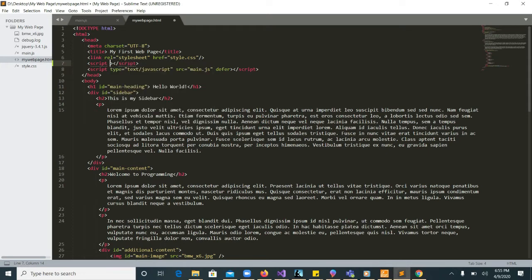So I'll just add the source, which is, since it's in the same folder, just do that .js